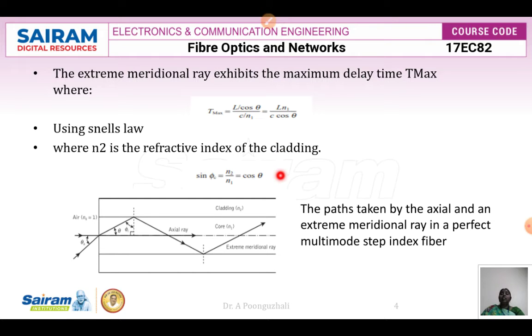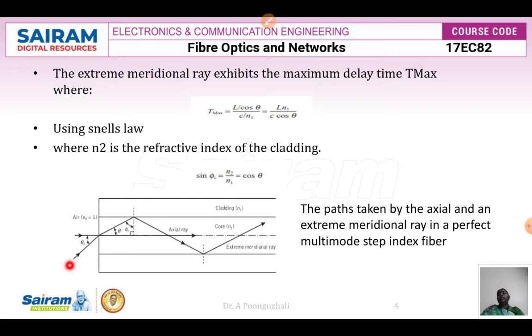So replace it here. Here we can see this is your optical fiber, this is your core, and this is the cladding surface. The core has a refractive index n1, and the cladding has a refractive index n2. Now the light rays are going to be incident into the fiber with different modes. The first ray is from the air, incident into the fiber, and it follows the axis of the fiber. That ray is called the axial ray, and it travels faster and reaches the receiver. So we call this the fastest mode.